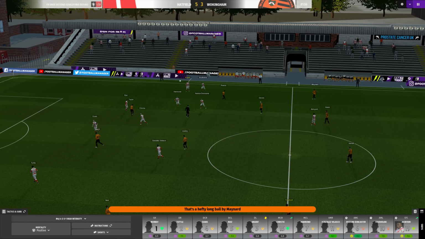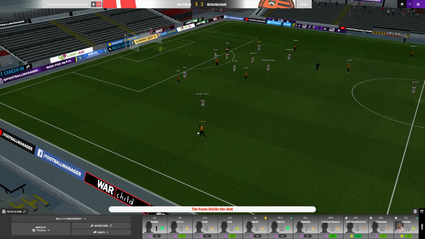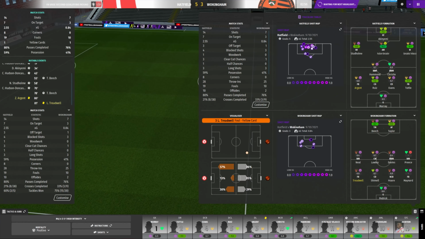And there's, let's say, 11, 12 minutes left. And as I say that, Taylor runs in. Good block from Evans. Ruiz with the first time clearance. Maybe we do need one more as a safety buffer. But still,